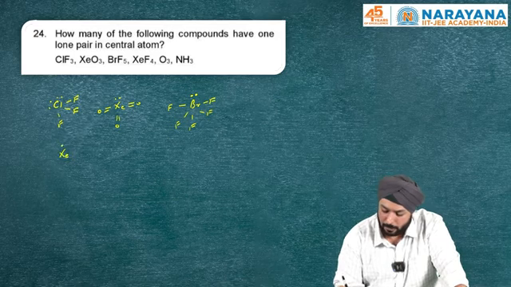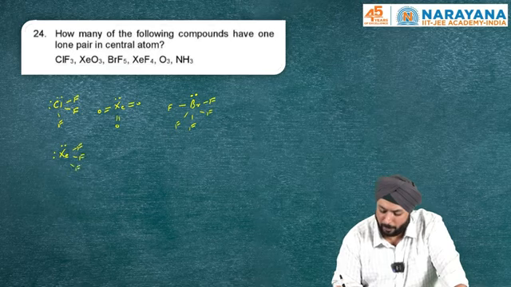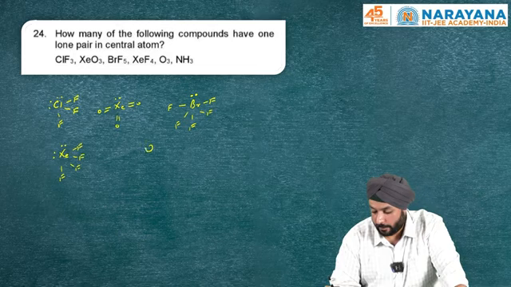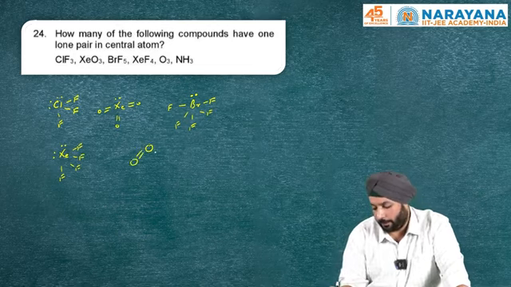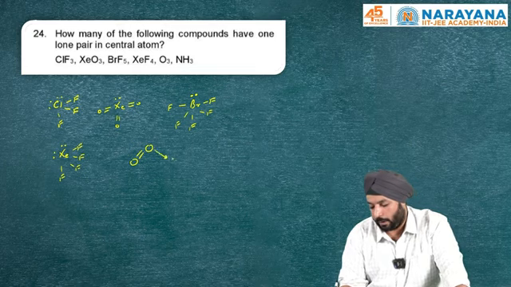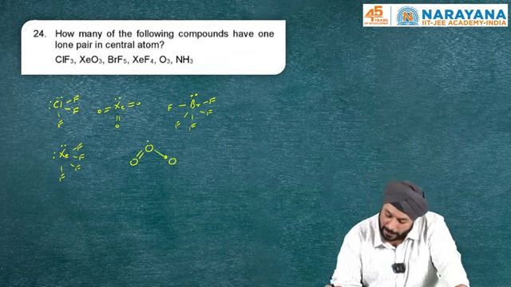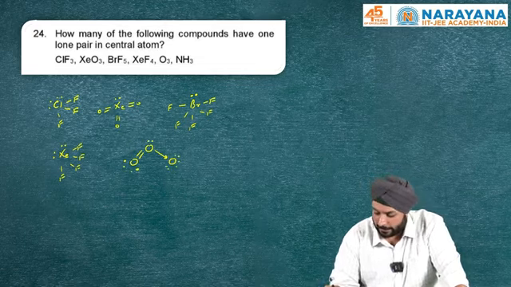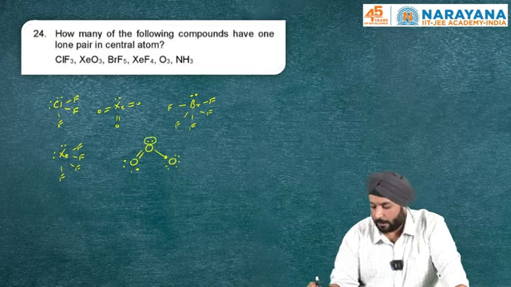XeF4, 2 lone pairs will be left over, 4 fluorine will form a single bond with it. Ozone, the central oxygen atom will form a double bond and a coordinate bond with the other oxygen, and I'll have one lone pair left. Again, the central atom has one lone pair. Ammonia,